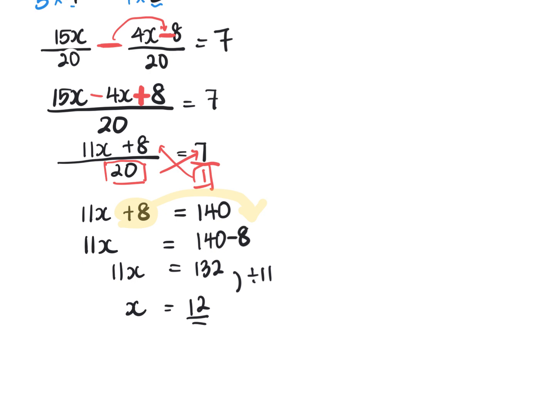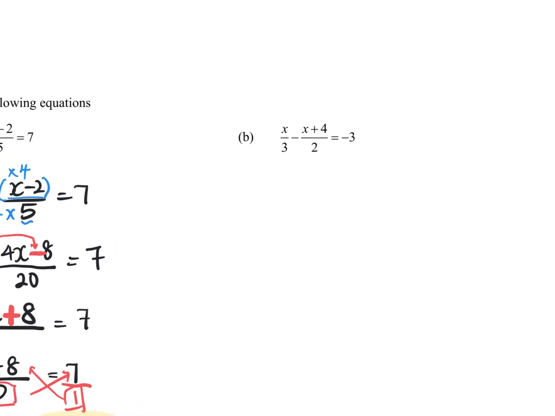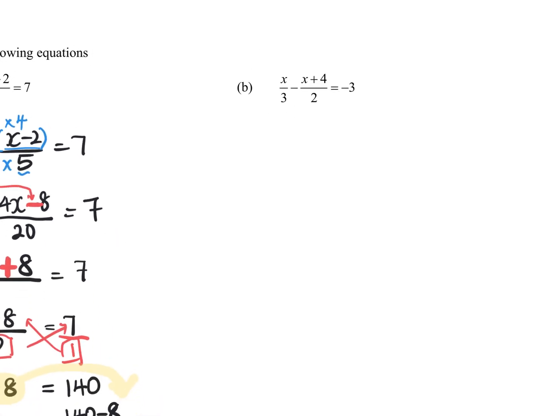Alright, let's try one more question, something similar over here. Oops. Okay, so I have this question over here. It says x over 3 minus the whole of x plus 4 over 2 equals to negative 3. So in this case, I need to have, I'll put a bracket for myself, and I want them to be